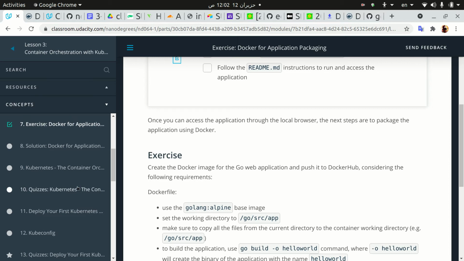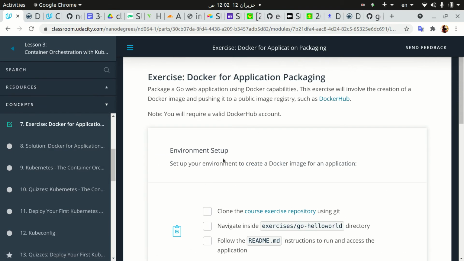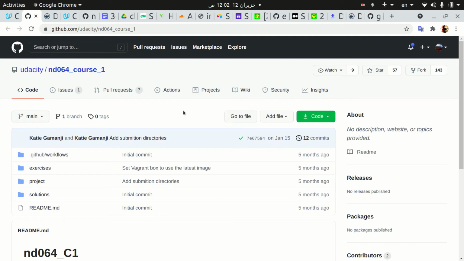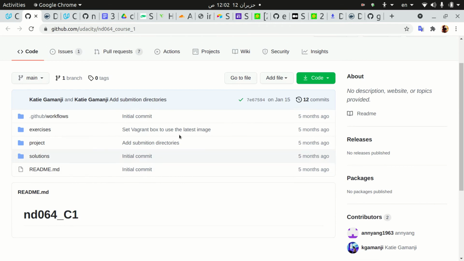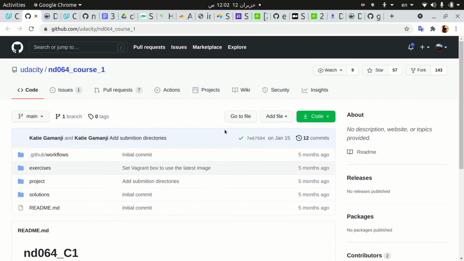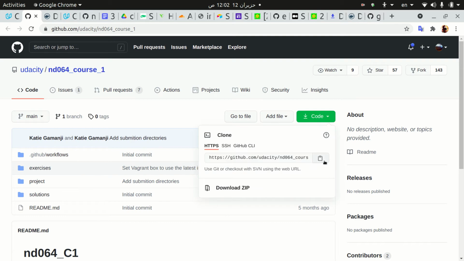As you see, I promise that I will never expose the solution. I will never go to the solution lesson. I will do it live as if I am doing it alone. So first things first, we have to go to this repo, and here we go. Okay, so what we have is this repository for the exercise. Now let me take the URL,